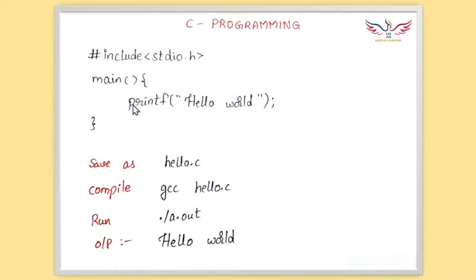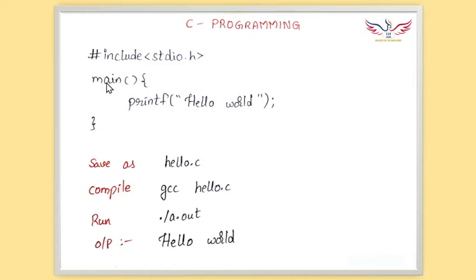See, this you understood, right? We are writing printf. Print is English, printf is something in C language. Printf is a function which is used to print the string constant which is present between these two quotes. Here hello world is written between the two quotes, so hello world is printed onto the output screen. Now where is this printf written? It is written inside the main function. Main has this parenthesis, which indicates that main is a function, and printf also has parenthesis, which indicates that printf is a function.